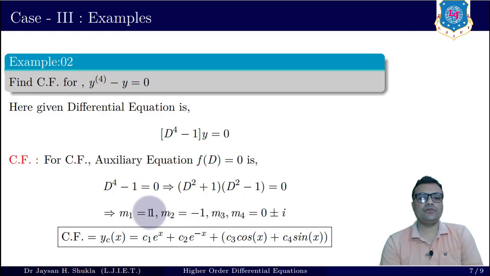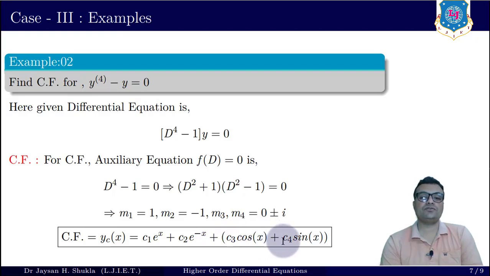At a time we have one non-repeated real root, so I am writing down the complementary function for this first part, which is c1 e^x. The second root is -1, so I am taking c2 e^(-x). The third and fourth roots are complex roots, 0 plus or minus i, so I need to take case number 3. Here you can see alpha, the real part, is 0, and beta, the imaginary part, is 1. So it is e^(0x), which will turn out to be 1, times the cos